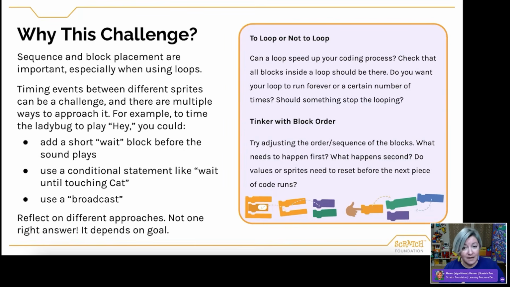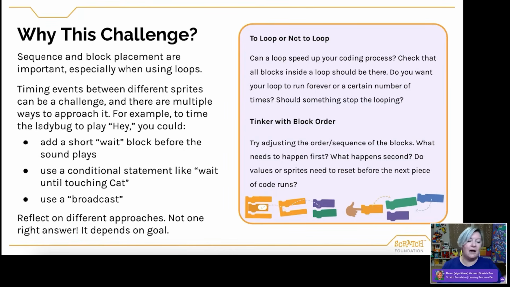And then timing events for different sprites is also a really wonderful example of multiple solutions, multiple ways to approach this. So to time the ladybug to say, hey, at the right moment, you could add a short wait block before the sound plays. Now, the time chosen may vary depending on the preference about how soon the sound is heard or the length of the sound clip.